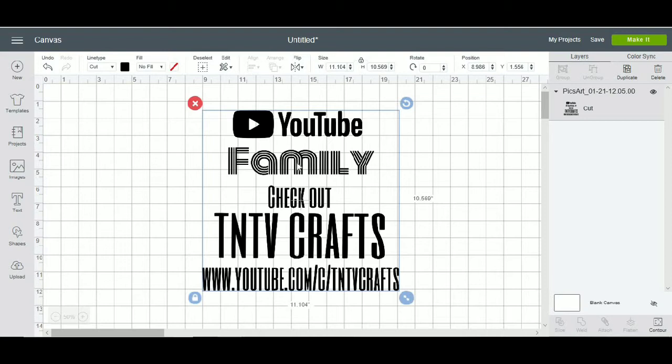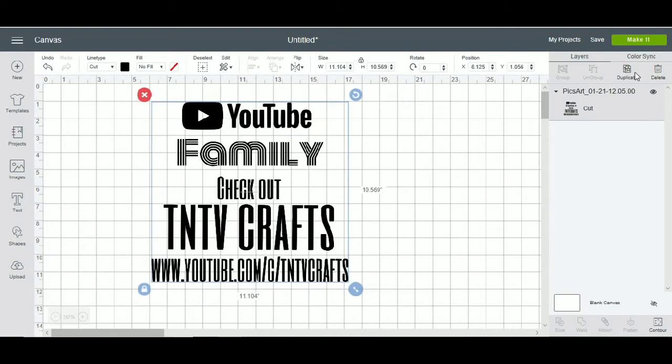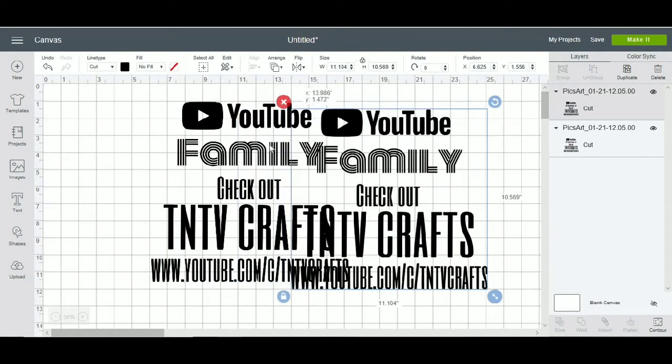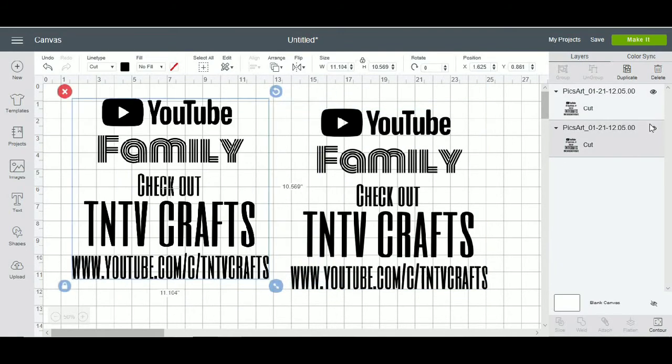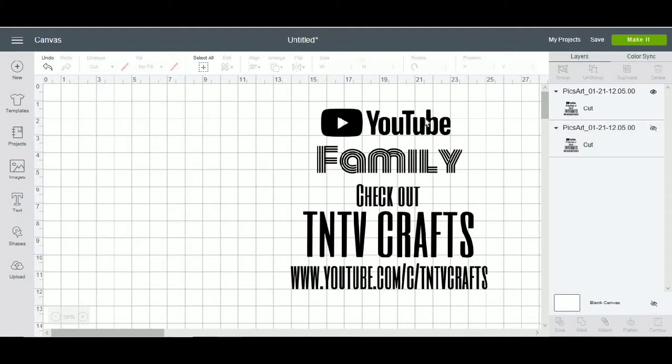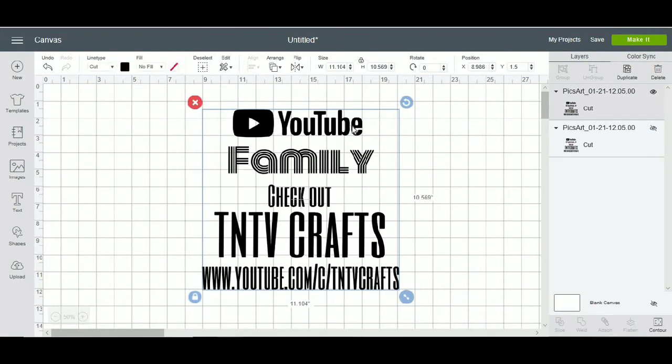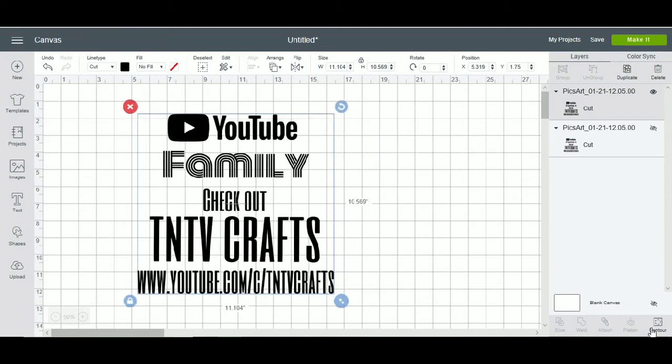First of all, we always want to keep the original design, okay? So I'm going to go ahead and duplicate. There's a button right over here where I'm circling, and you want to press that button to duplicate your design. You go back to your original, and you go over here to this little eyeball where I'm circling, and you click the eyeball so that it makes the original design hidden. So now I'm working with this one. As you can see on the bottom right corner where I'm circling, there is a button that says contour. Okay, I'm going to click that button,